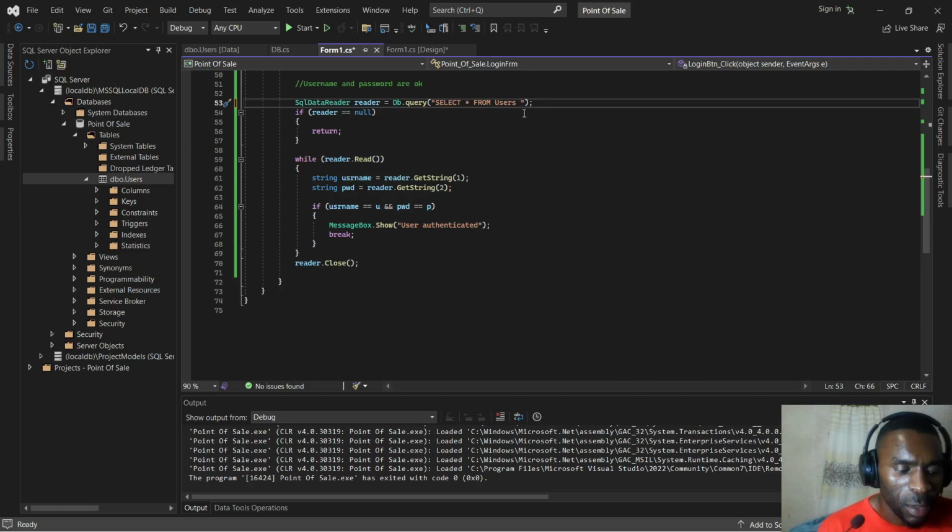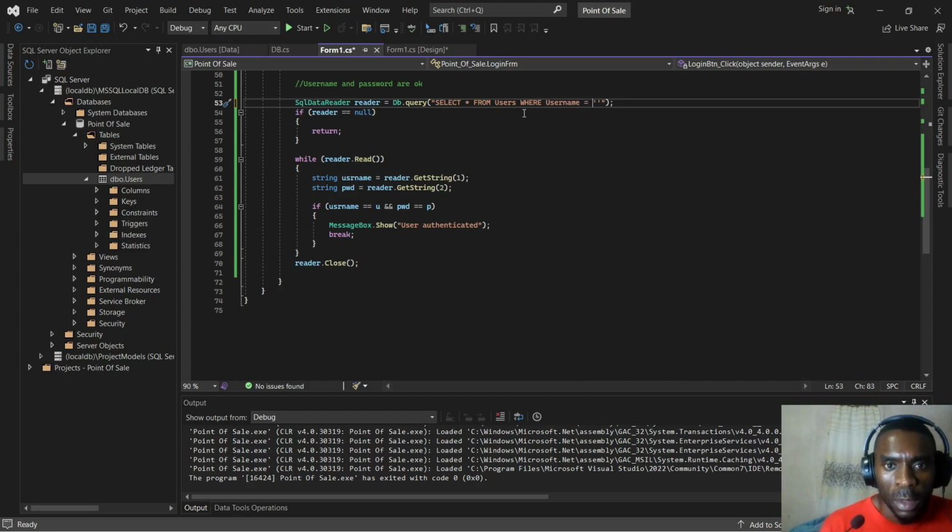The reason is databases normally compare things faster than our traditional applications. So it's advisable to allow the database engine to search for a user which matches the username that we've been provided with. So we can use the where statement: select all from users where username is equal to